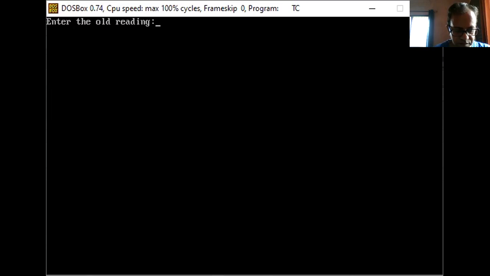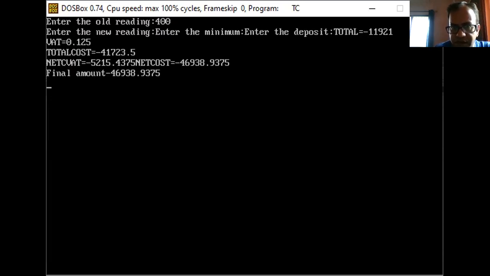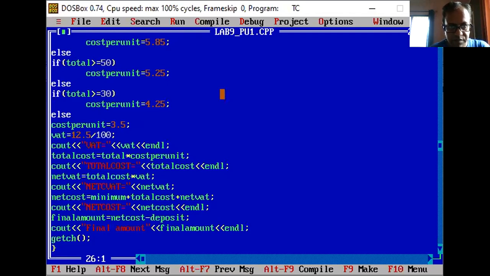So now I'll take the values which were taken in the logic, and I'll execute that part. The first value I have taken here is 400. Just a minute, I'll run once again.